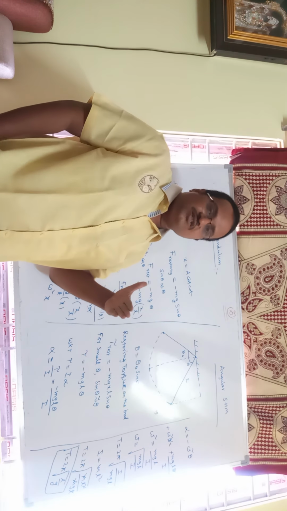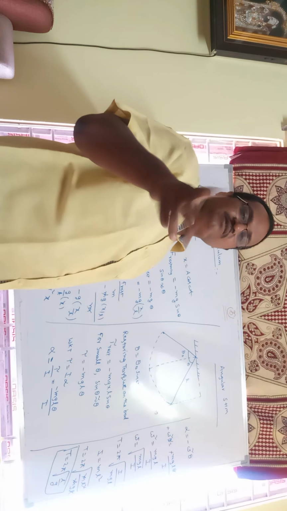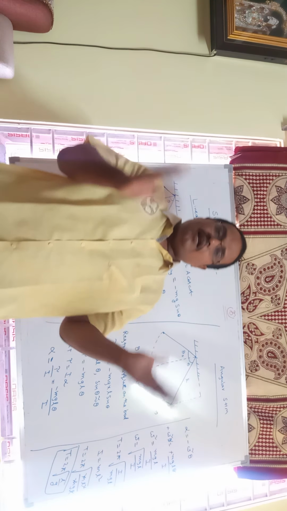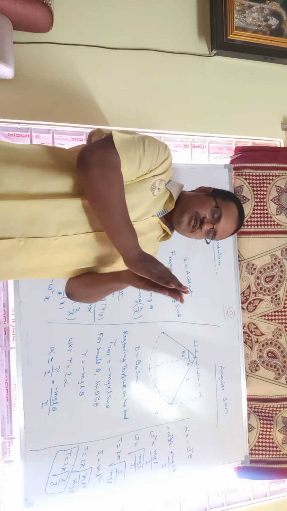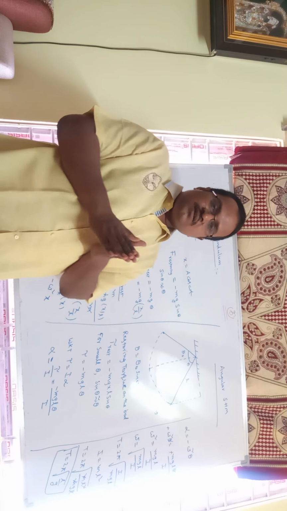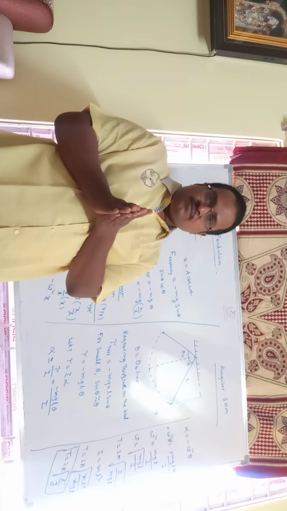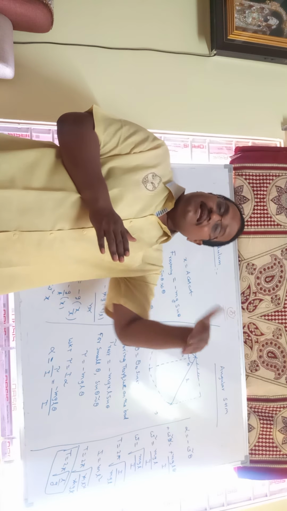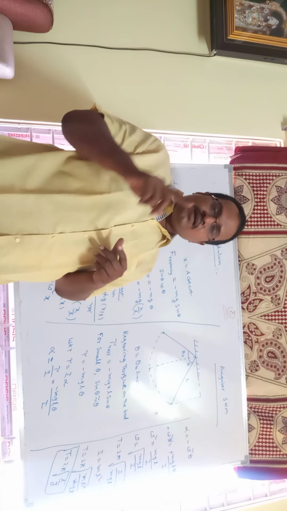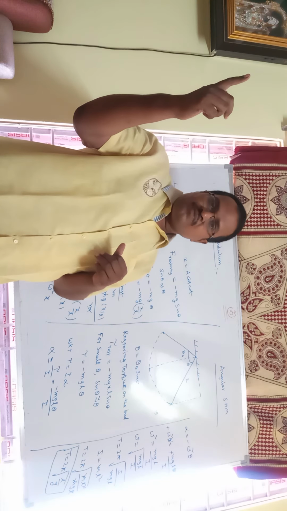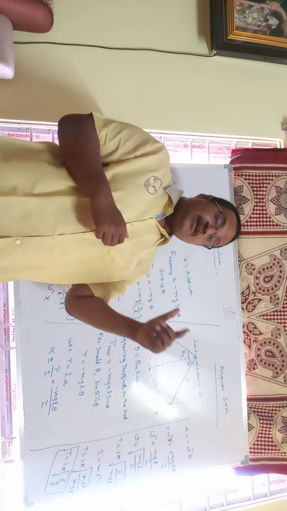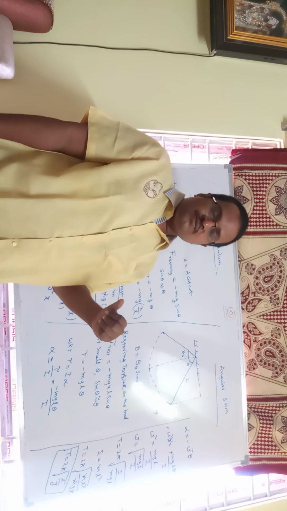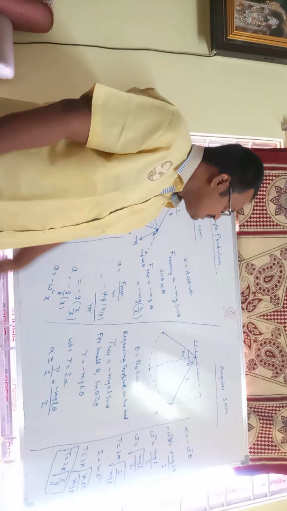What is angular SHM? Generally we have some similarity between linear motion and angular motion. In a linear motion, if the particle covers some distance, that is represented as x. But here in an angular motion, that is represented as angular displacement, that is theta. Linear velocity in angular SHM goes to angular velocity. So that's the difference.